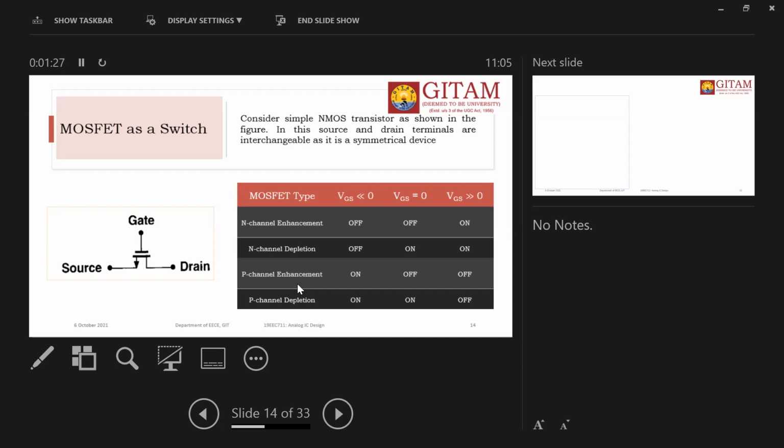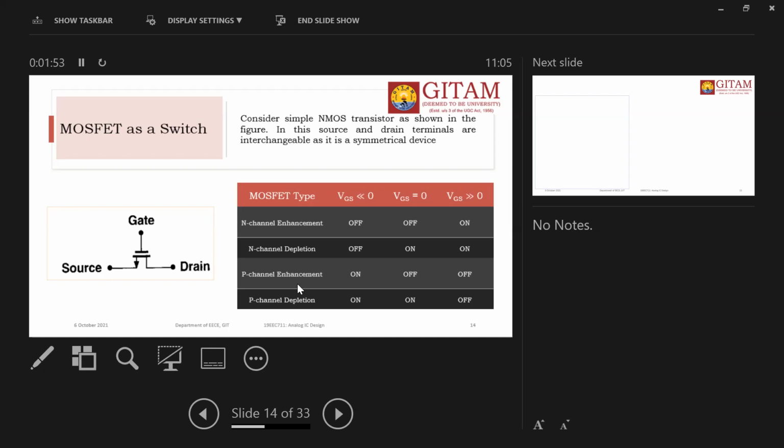Even though the transistor is also working as a switch, the problem of the transistor acting as a switch is that even in the open state, whenever the transistor is open, some current is still flowing. That is called the leakage current. That type of leakage current does not happen here. No current, no leakage current.